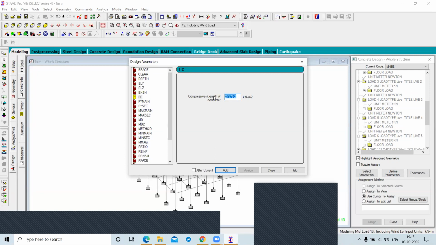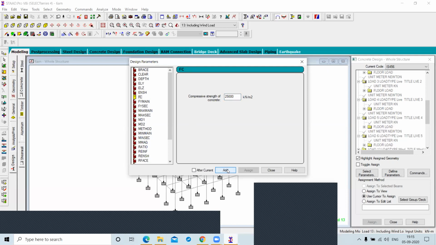If you consider the M25 grade, then 25. You have to give 25000 because this is in kilonewton, right? Yes. Click on add.